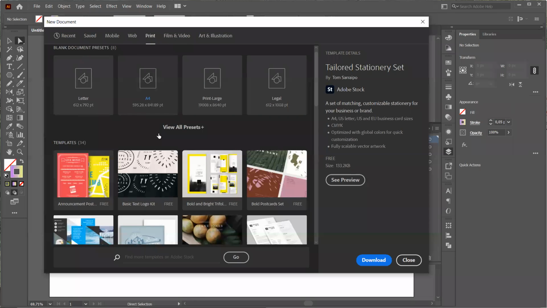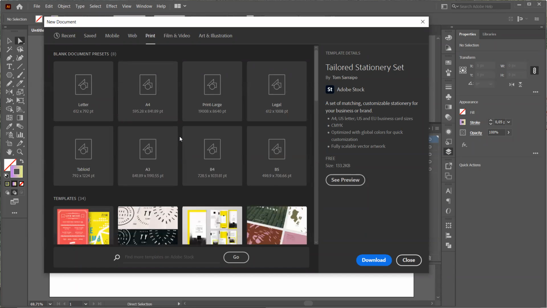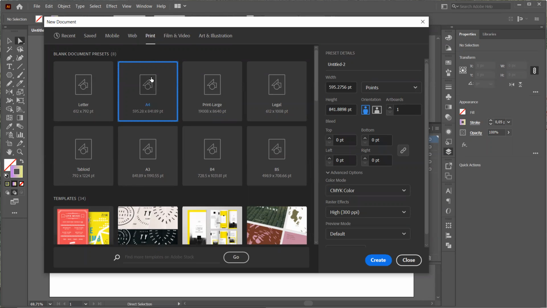Anyway, what you can find here, as you probably already know, is also the presets. And right now I'm going to the print presets. Although what we are working with here is vectors, so the preset sizes are not that important, because you can also export your designs out in vector format. But of course, if you export them in pixel format, then you have to see that the sizes here are all okay. And talking about the resolutions,